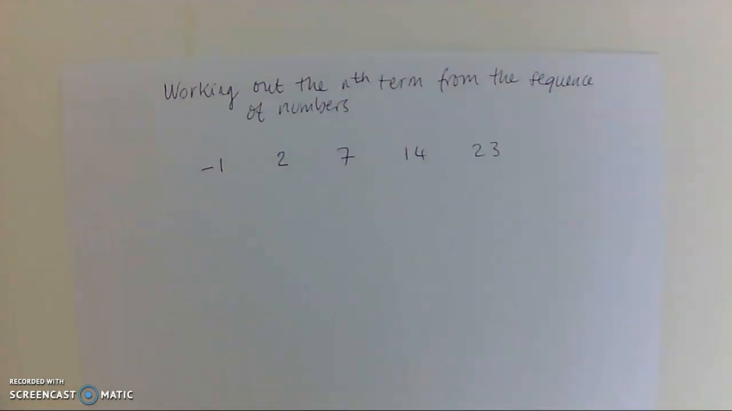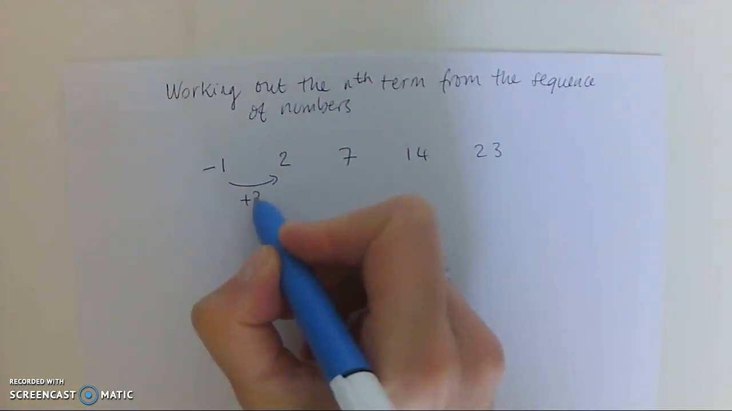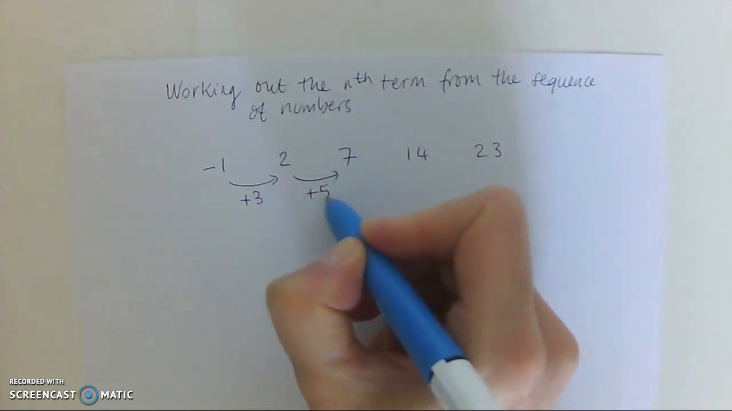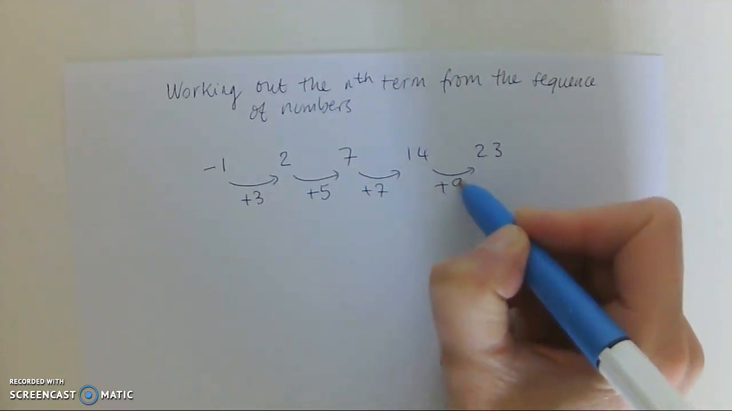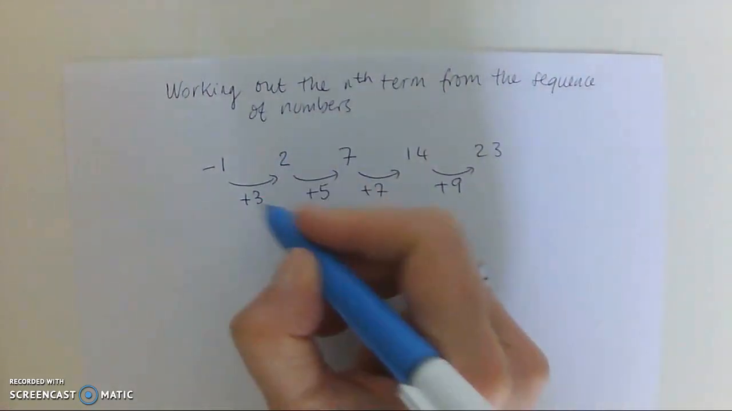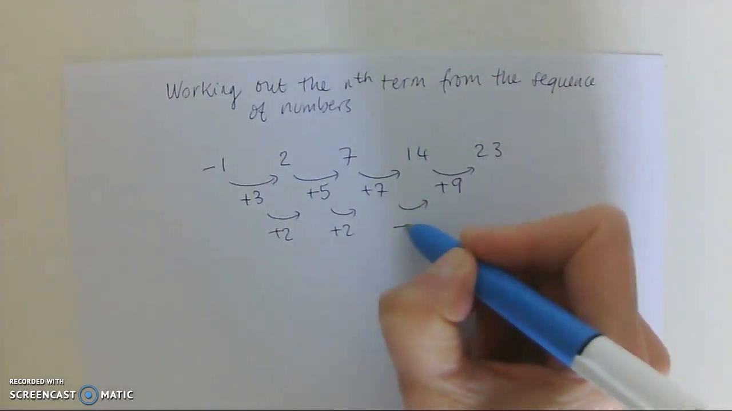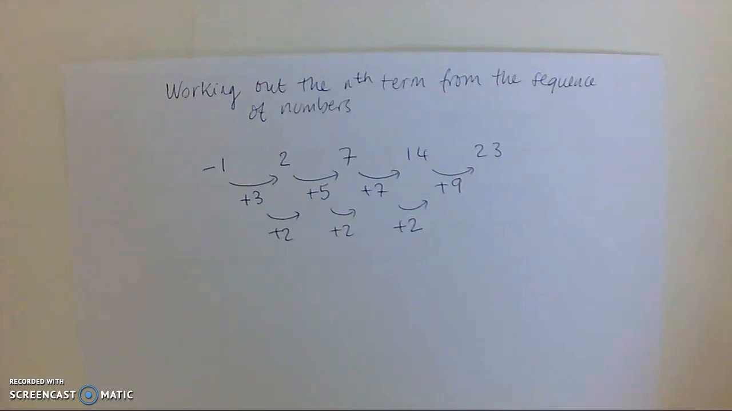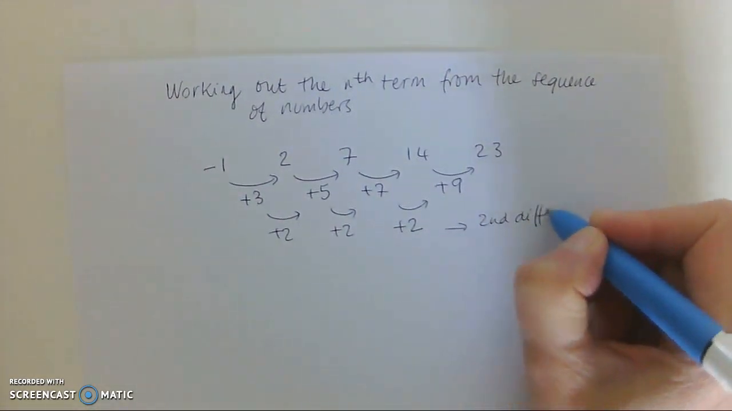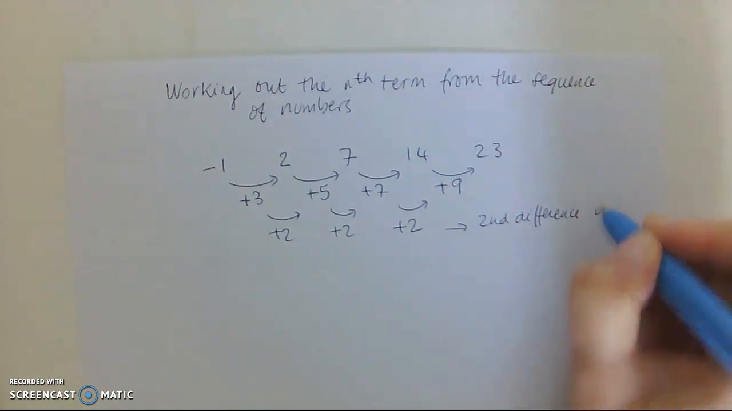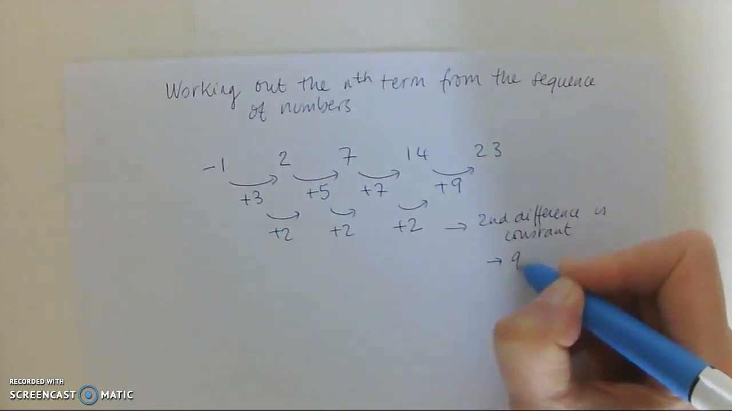Now at the moment I'm not sure what's happening, so I always have a little look at whether they're going up as a linear, and they're clearly not. But as I'm doing that, I'm also noticing the pattern that I seem to be adding 2 each time. So here, when that happens, then I know for sure that I've got a quadratic sequence. So it's the second difference is constant, I know I've got a quadratic